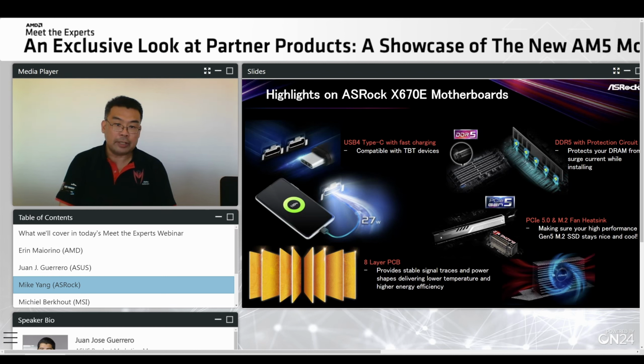Then, of course, we have the DDR5 with protection circuit, so that your DRAM can have a very stable output, and also when there's a surge of current, you'll be working fine. And there's a layer PCB on all boards of the X670E models we're talking about, so it provides stable signal traces and power shapes, delivering lower temperature and higher energy efficiency. And of course, with fast PCIe 5.0 and M.2 that we are giving for all starting from the mid-range ones, every board has at least 4 M.2 slots,